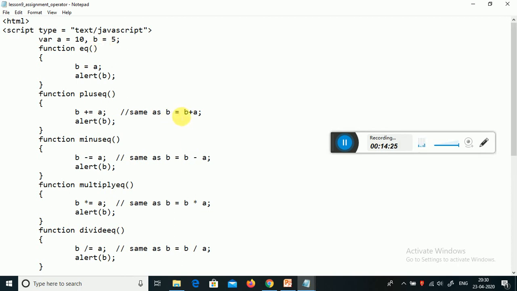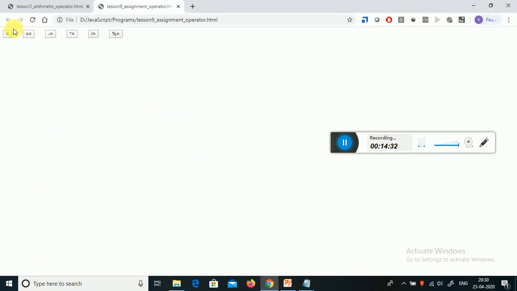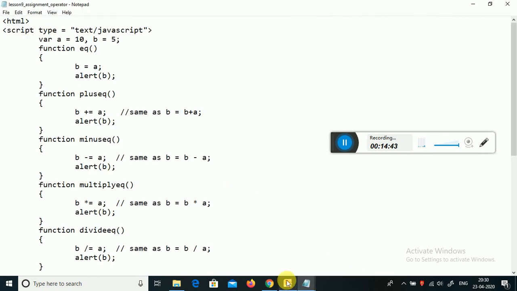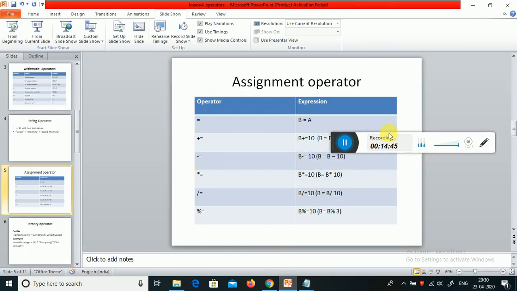Let me increase this to 50. So now b equals 50 minus the value of a, which is 10. So 50 minus 10 is 40. So now the value of b should become 40. Let us refresh the screen. This is that, it is 40.